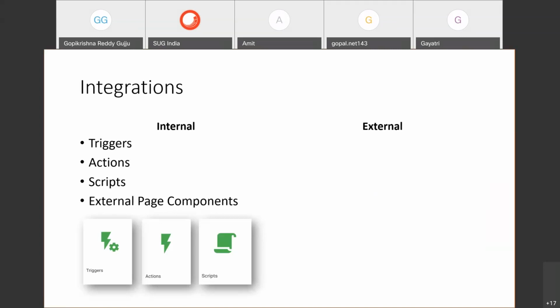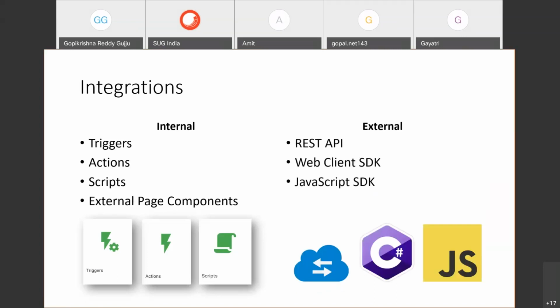And for external endpoints, like all the systems, we have a very rich REST API. You can use your choice of framework and language, hit the REST API, and do all the activities and integrations. Or you can use the Webclient SDK, which is predominantly a C# SDK.